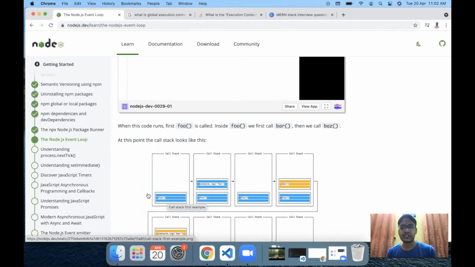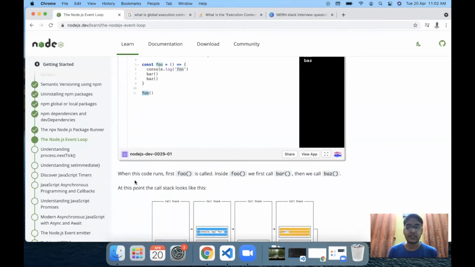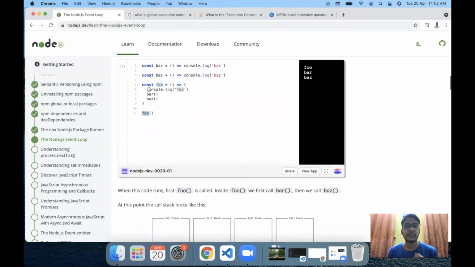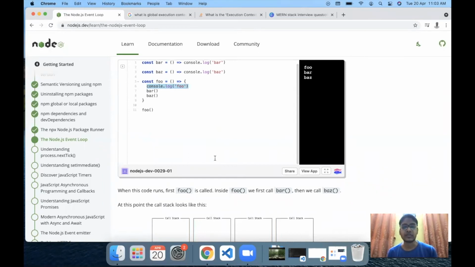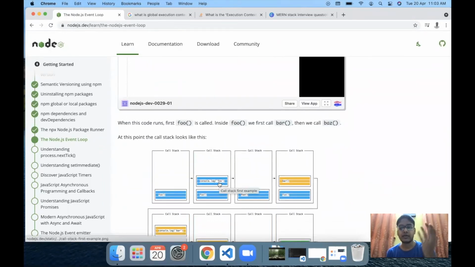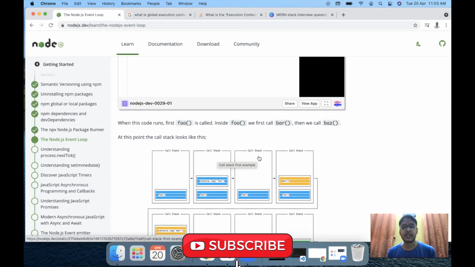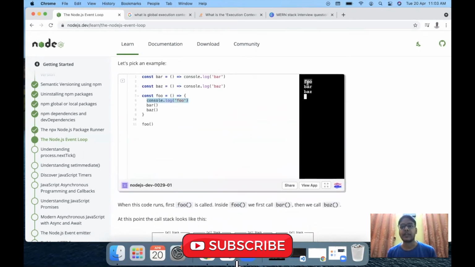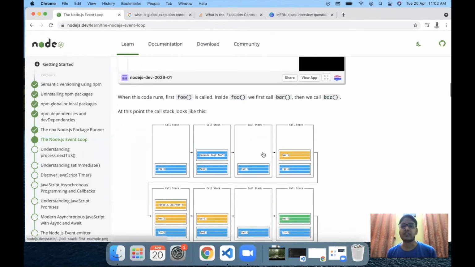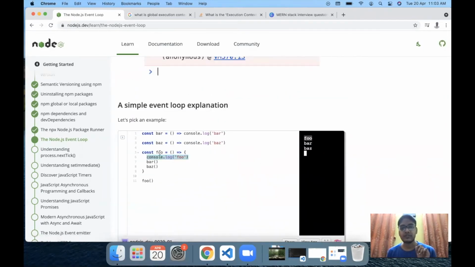Now once the foo function call is added, it will go into the function definition of foo, which in this case is this function definition. The first statement we encounter in foo is console.log foo. So that console.log statement will be added at the top of the call stack, and that will be executed first because console.log is an executable statement. It will print out this output, let's say foo, into our console, and then it will be popped off the call stack. Then it will move to the next line in the function definition of foo.